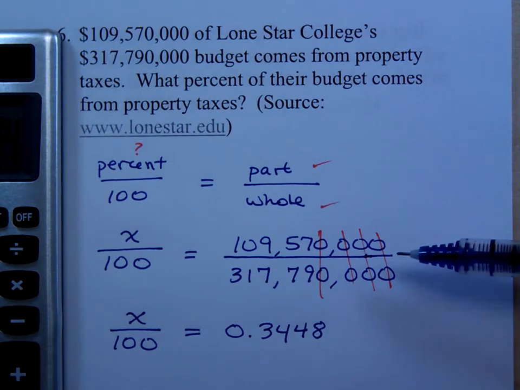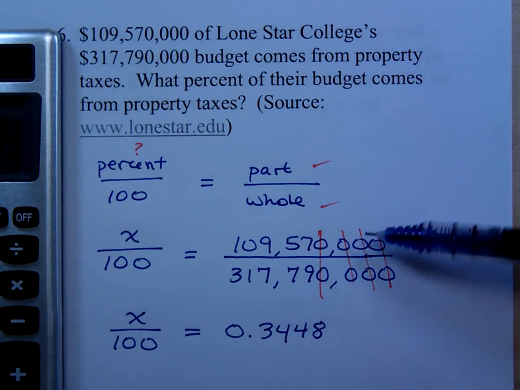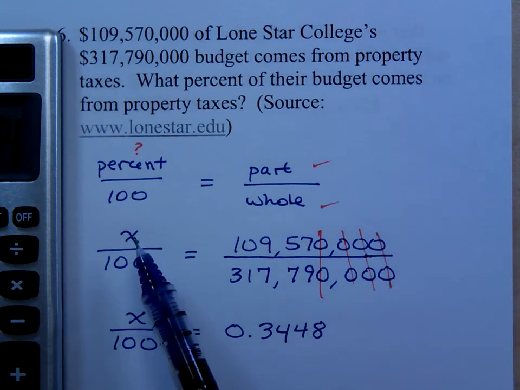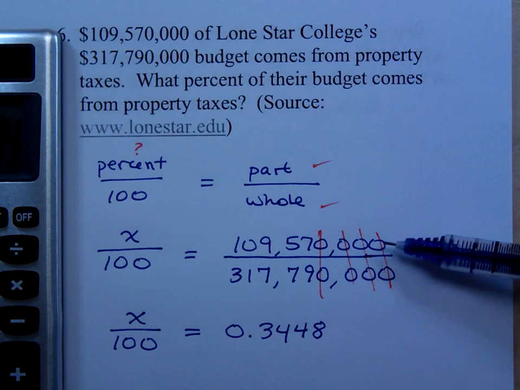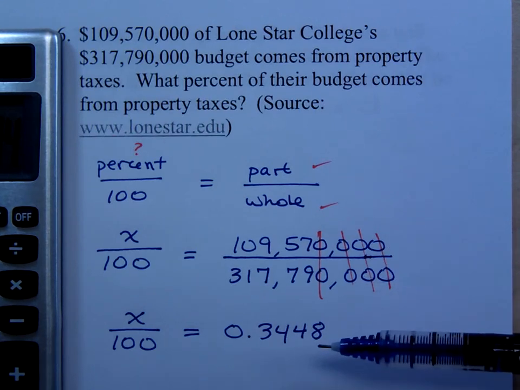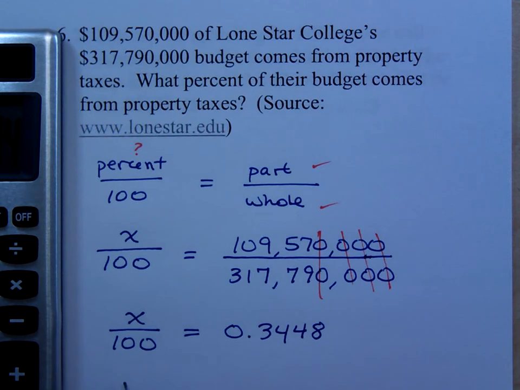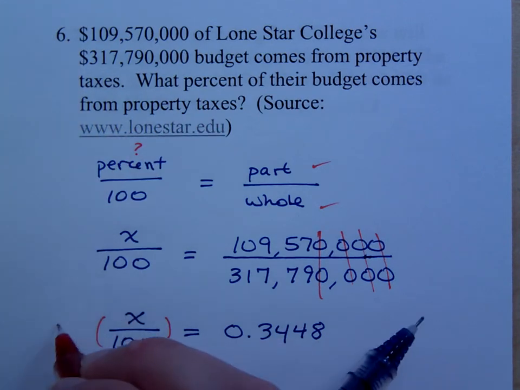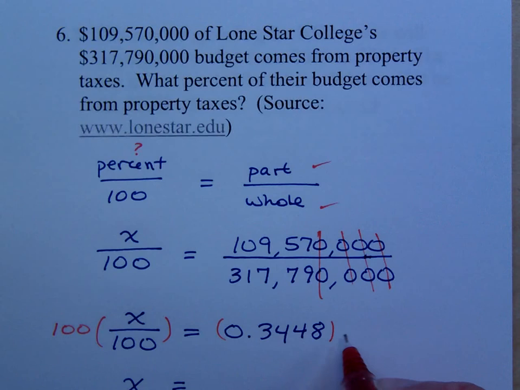Now, I went ahead and divided this instead of doing the cross products, and the main reason is this: I'm trying to find the percent, right? Shouldn't the percent just be the part out of the whole? This is the decimal, but how do you convert that to a percent number? Don't you have to move the decimal 2 places? And when you do that, what you're really doing is taking this and multiplying both sides times 100. So it gives you 34.48.